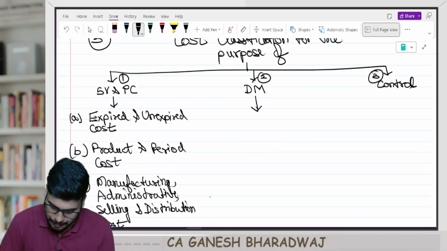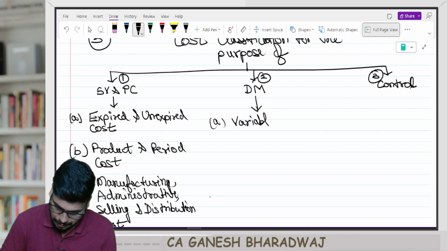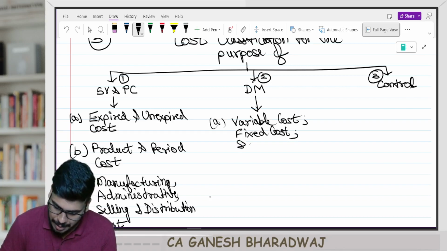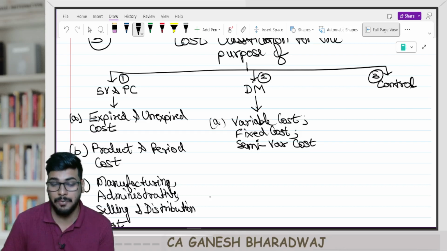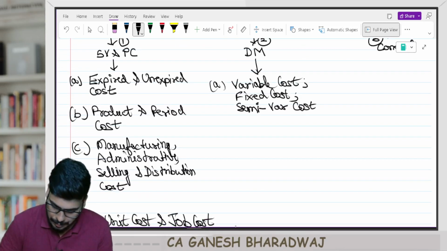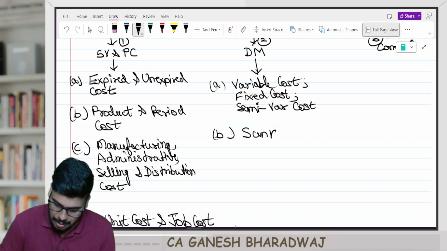Pull an arrow. Write down A. Variable costs, semicolon, fixed costs, semicolon, semi-variable cost, hyphenated word, write it fully, semi-variable cost. Line gap. B, sunk cost,